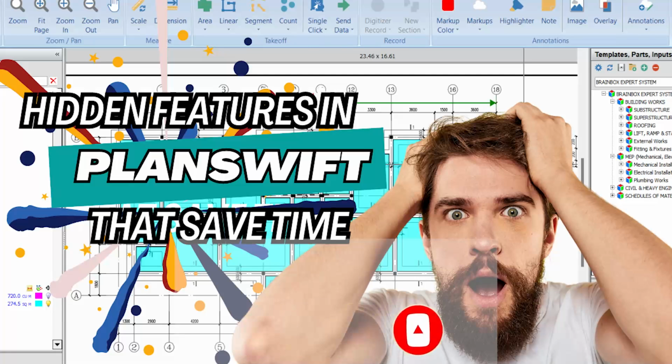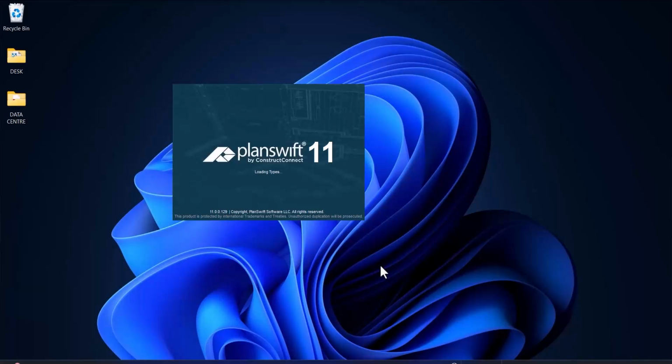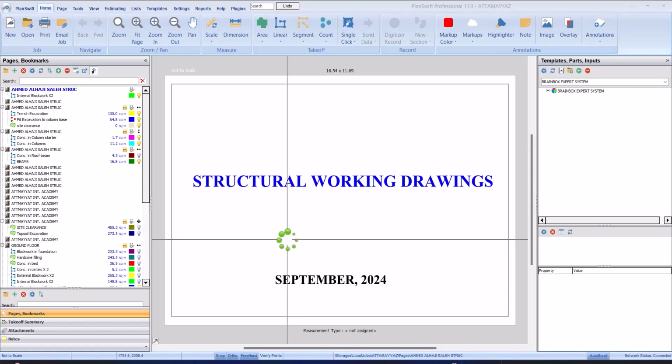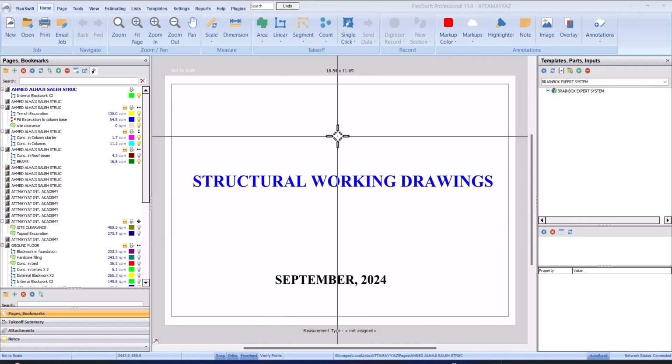So let's dive in. We'll start by opening our PlanSwift. We're going to use PlanSwift 11 for this tutorial. So this is our PlanSwift. I already have an existing work, so we are going to create a new work now. So you go to new,